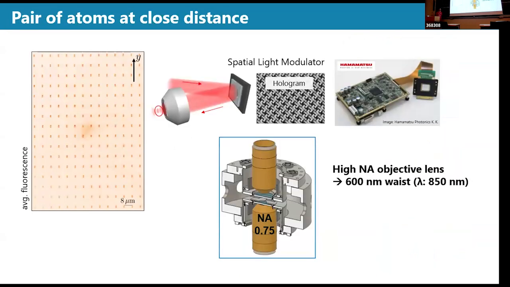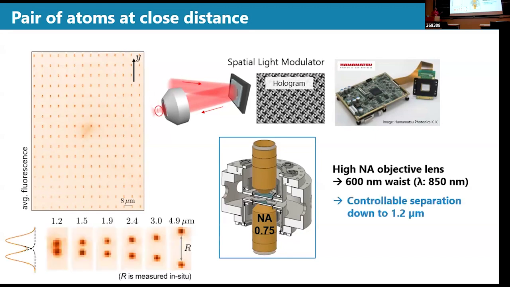So this is our atomic array, and you can find the dots. These dots are the fluorescence from the atoms, rubidium atoms, and the optical tweezer is made by this state-of-the-art optical element called a spatial light modulator. You can modulate the surface wavefront of the laser, then you can make an arbitrary shape of the focused pattern. And thanks to this technology, and also thanks to the high resolution objective lens, you can make this kind of dot